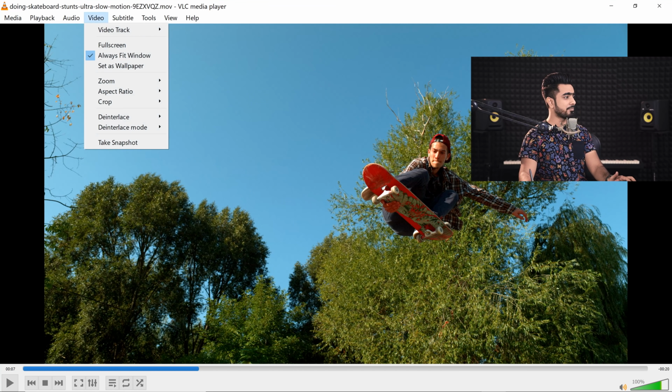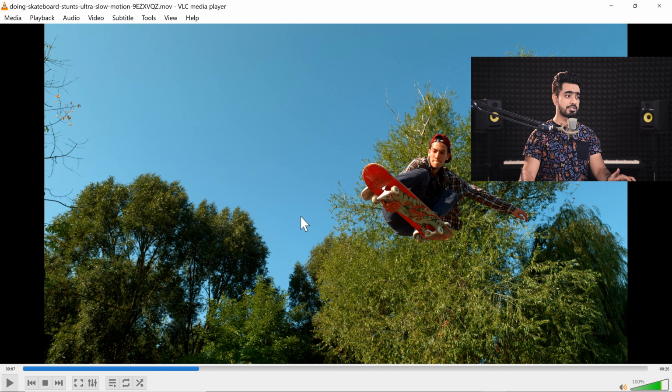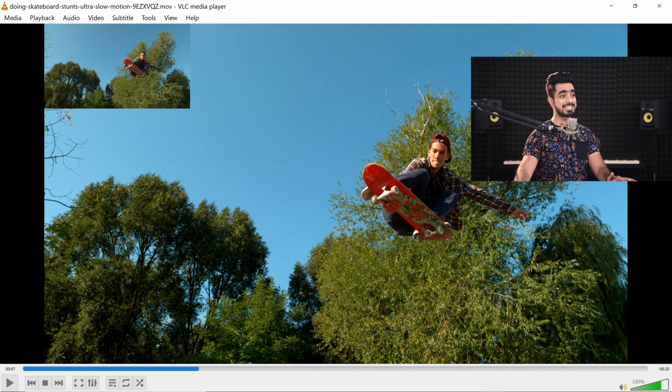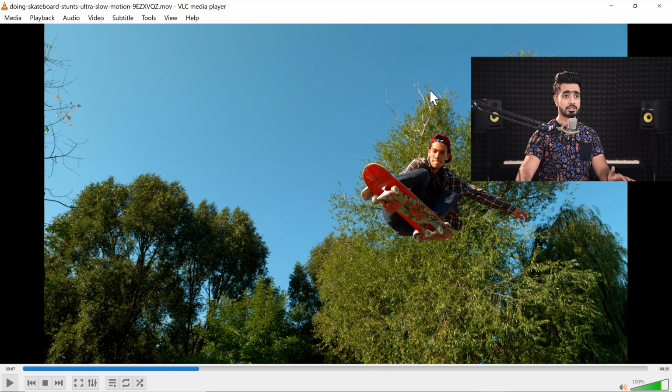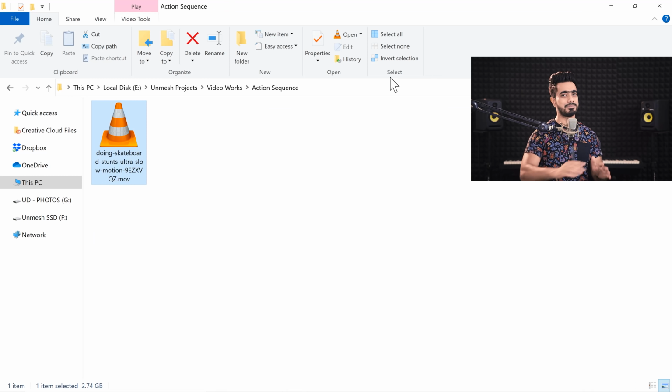If you don't want to use any video editing software, you can directly do it from VLC or the video player of your choice if it does support that. The most common one is VLC. So you can simply go to Video and then Take Snapshot. Once you do that, it takes a snapshot and saves it in a particular location, which it will tell you at the top. Now you can look up several different tutorials on how to do that, but this is the simplest way.